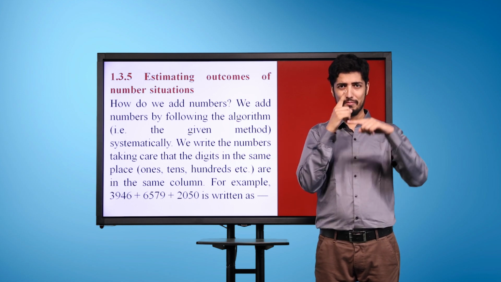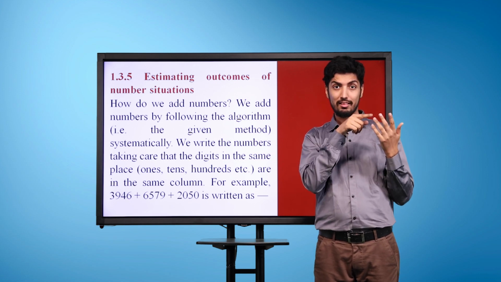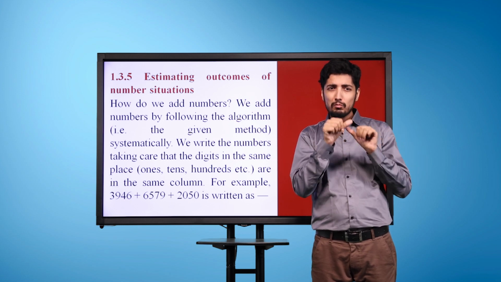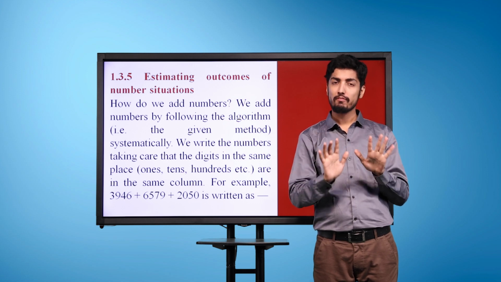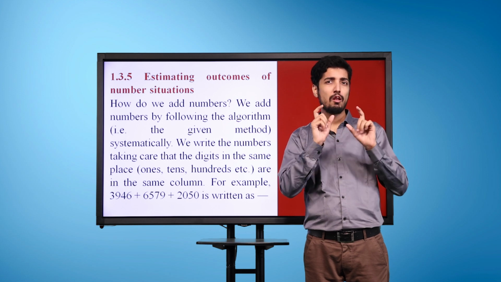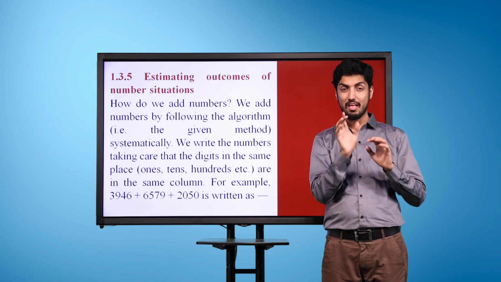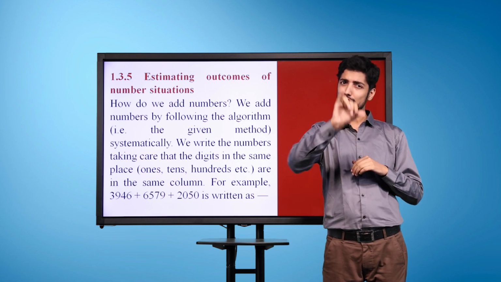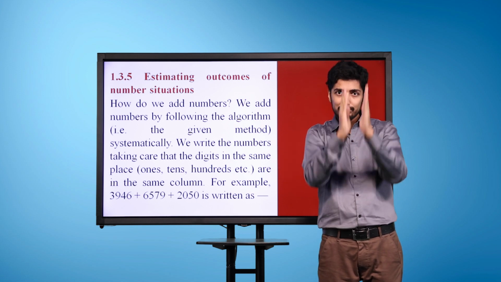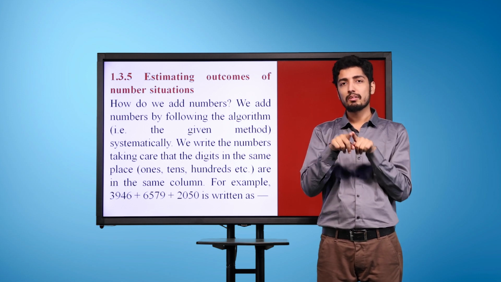How do we add numbers? We add numbers by following the algorithm, that is, the given method, systematically. We write the numbers taking care that the digits in the same place, that is, ones, tens, hundreds, etc., are in the same column. For example, 3946 plus 6579 plus 2050 is written as